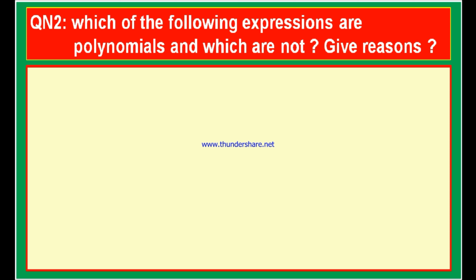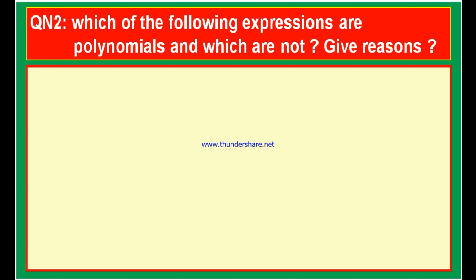Here, you should recollect what is meant by a polynomial. You should recollect when can you say that a given expression is a polynomial. For that, you should go for the definition of the polynomial. How can you define a polynomial? A polynomial is nothing but an expression in which there may be at least one non-zero term where the exponents of the variable should be non-negative integers.